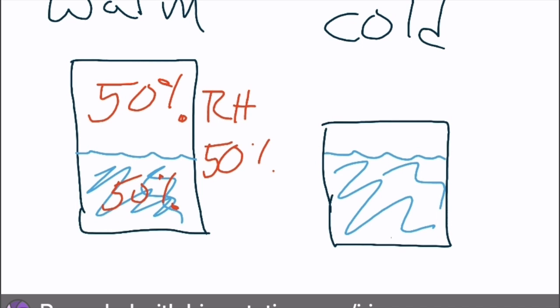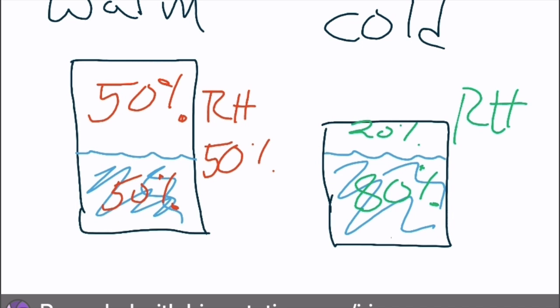If we imagine that the cold air is the same air we're talking about here, like we just dropped the temperature of the warm air to a colder temperature, we cooled it off, took away some of its heat, all of a sudden, it doesn't have as much room to hold as much water anymore. Now, the cup with the same amount of water in it shrunk, so now the cup is 80% full of water. So its relative humidity is 80%. Now again, this could be the same air, we just cooled it off.